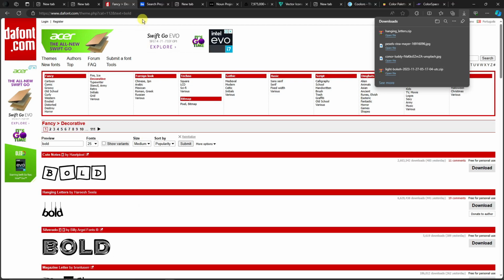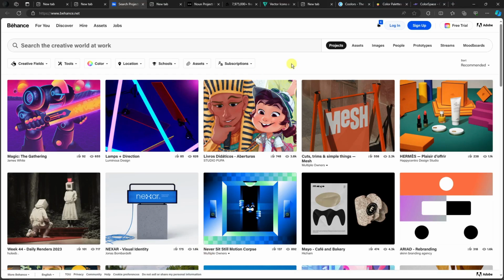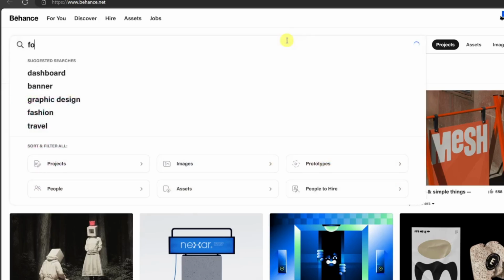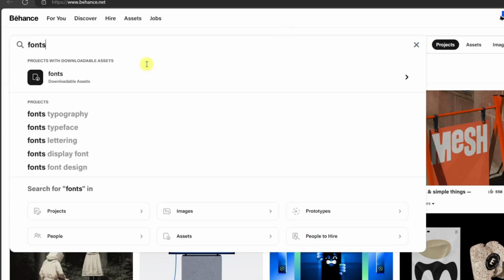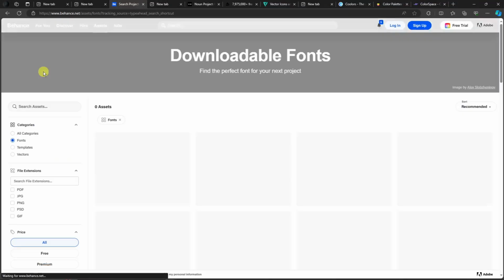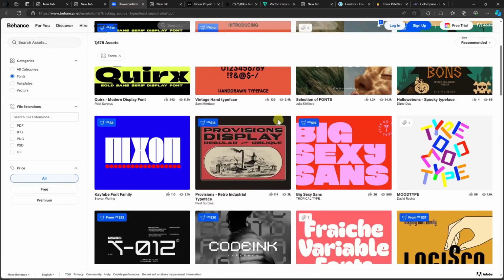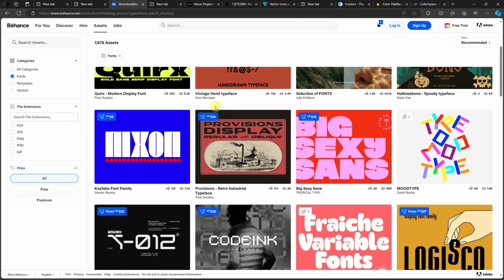Now moving on to the next of the font websites, it's gonna be this one. With this, simply type in fonts here, and you'll have this option that says fonts. Simply click on it and you'll arrive on this landing page where you can download a lot of fonts, but some of them have payment. So if you want to filter the ones with no payment, or basically free, simply click on this free option